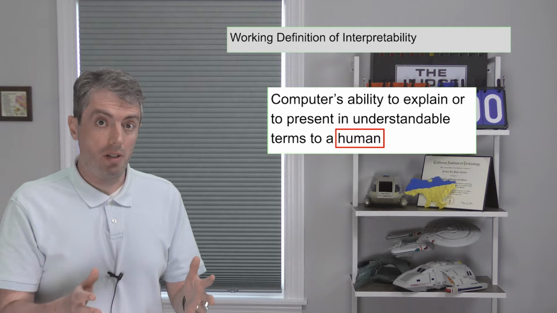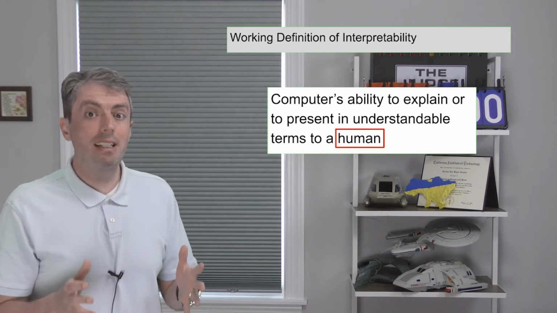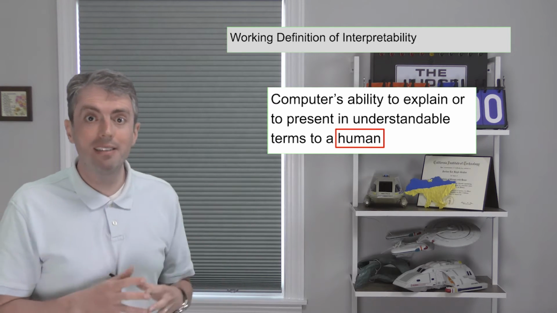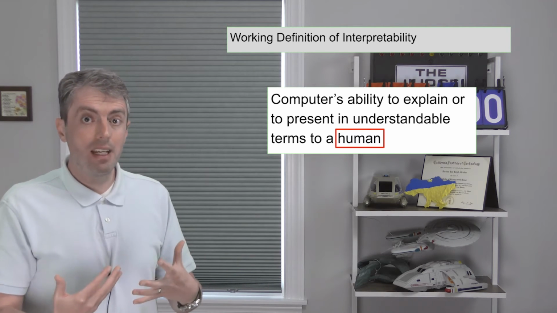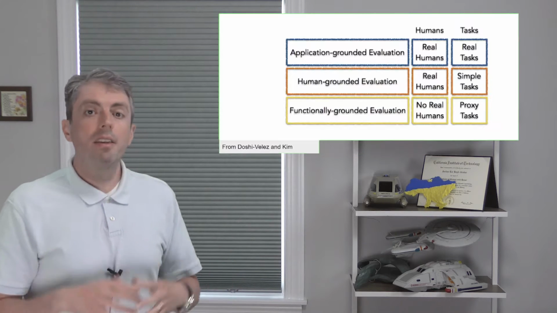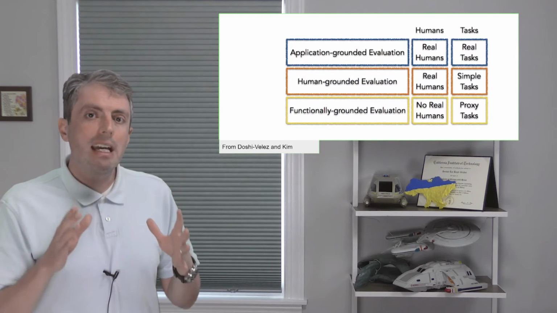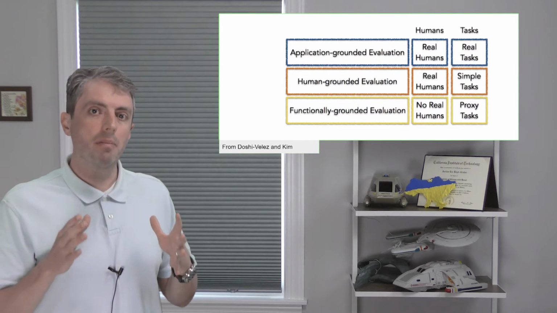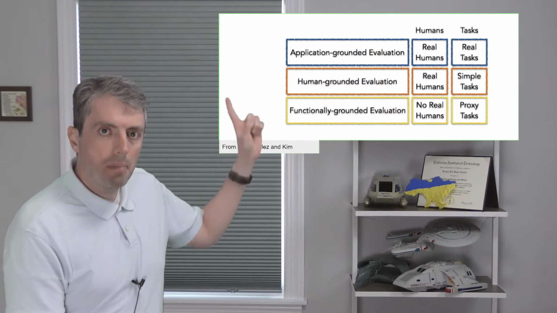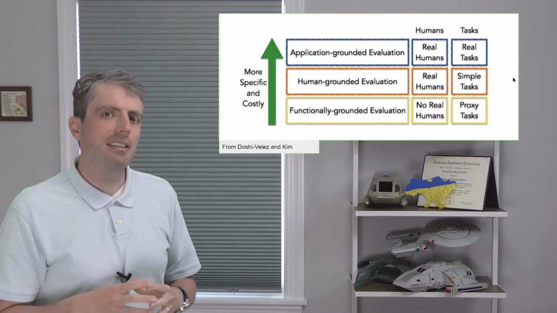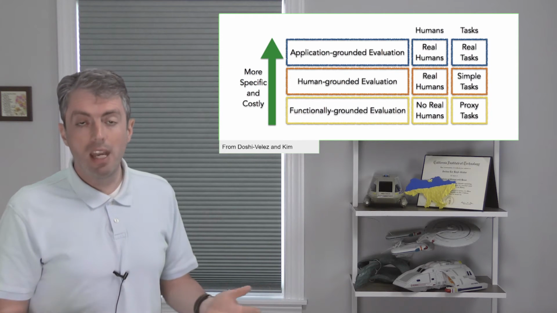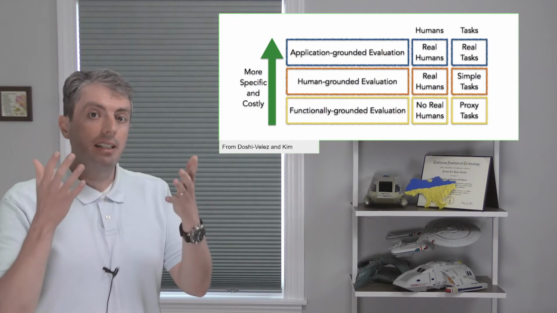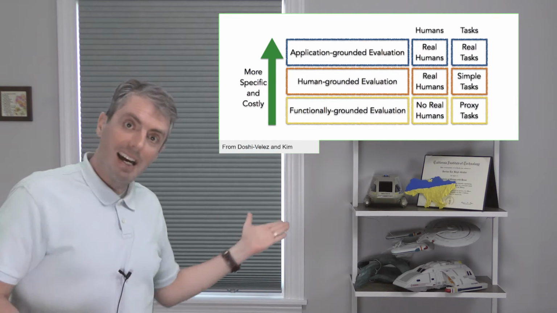So you need to measure interpretability, but the definition of interpretability that we're using here has these pesky humans in the definition. So how could you actually measure interpretability to know whether the explanations are good or not? This figure from Doshi-Velez and Kim lays out a hierarchy for measuring interpretability. As you go up, the evaluations get super specific and expensive. Let's go through some examples for a particular kind of model, topic models, and how you might evaluate interpretability along this hierarchy. Brief refresher on topic models.